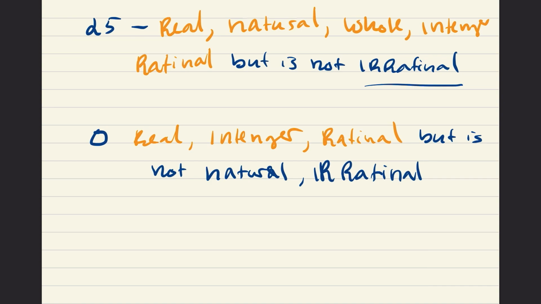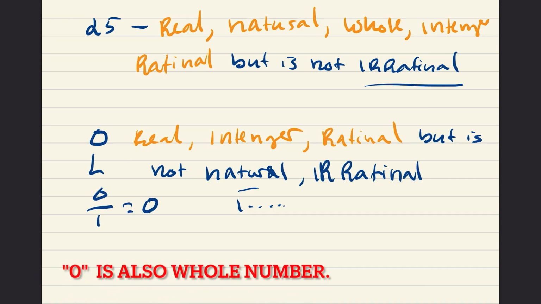It's not a natural number because natural numbers are counting numbers, which is from 1 and so on. It's not irrational because irrational numbers cannot be written as a fraction, but 0 you can write as a fraction, which will be 0 over 1, which is equal to 0. That's why it's rational. It's a real number because it can go on the number line. It's an integer because it's between positive and negative values. The integers have 0 in the middle, negative values on the left, and positive values on the right.